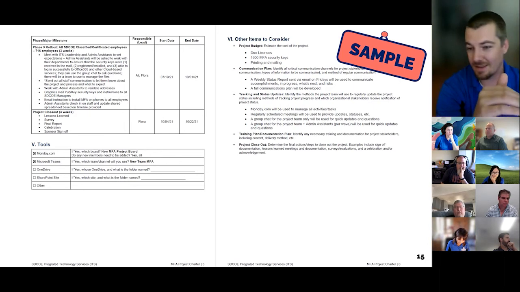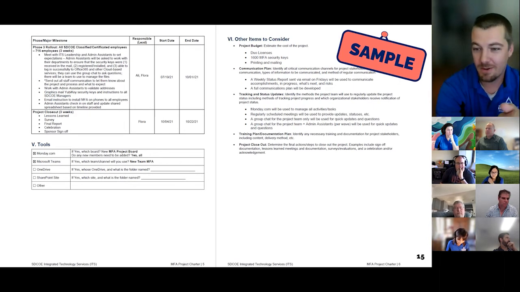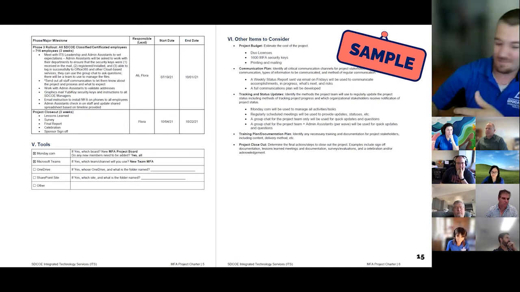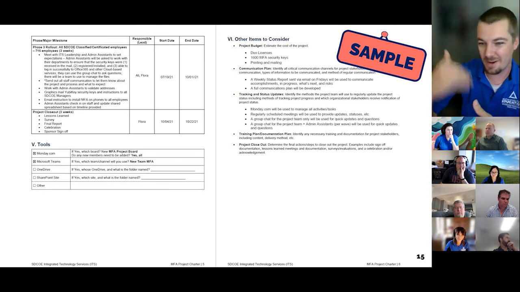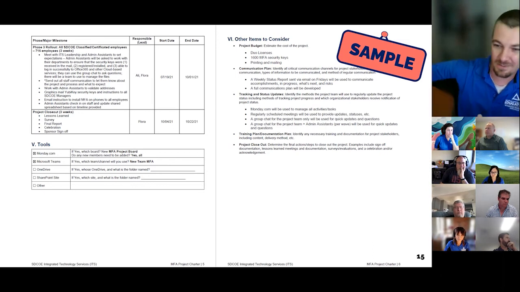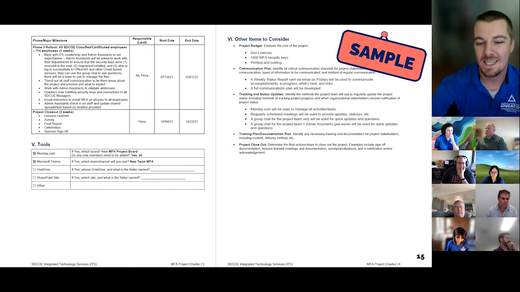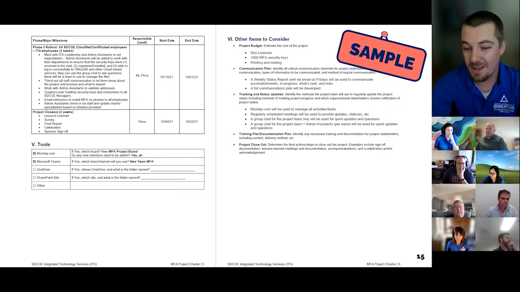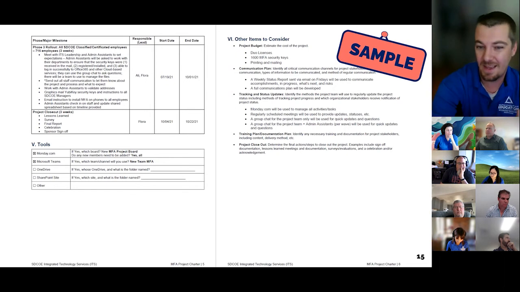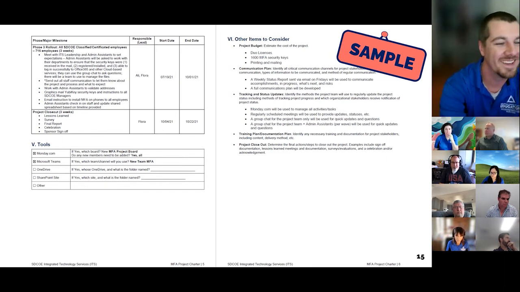And then don't forget project closeout. It always gets forgotten about. You get done with your go-live, and then you're like, all right, we're going to get on to the next thing. We don't really need to do closeout. You can get away with it, but you're going to start making the same mistakes over and over. If there are communications problems, if you're doing anything wrong in the project, this is the time to find that out, and also to celebrate the work that was done and feel real closure about the project, not feel like you're just constantly doing the same project for the rest of your life.